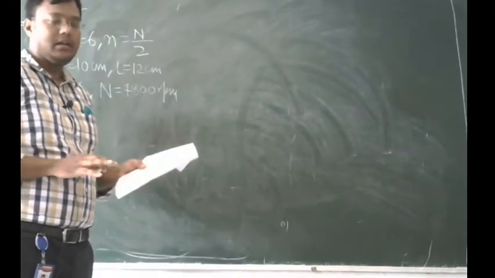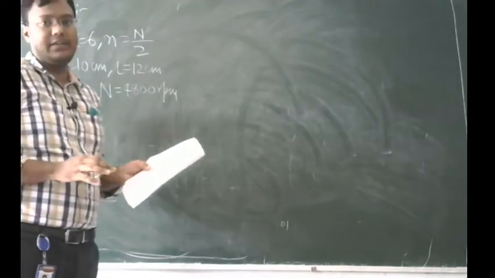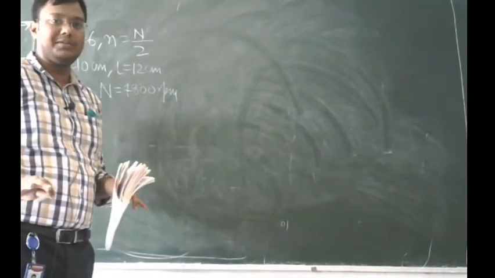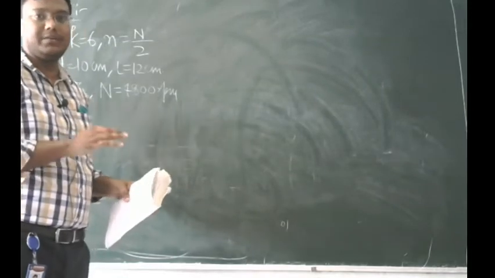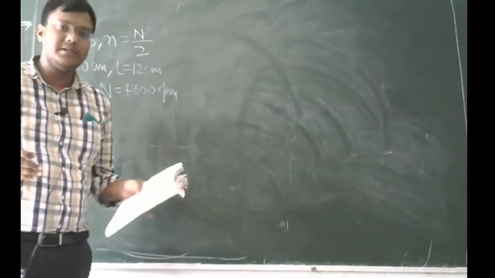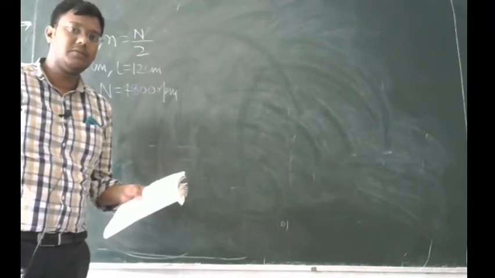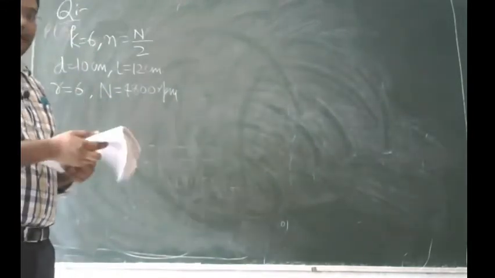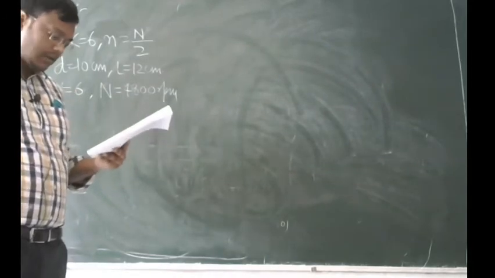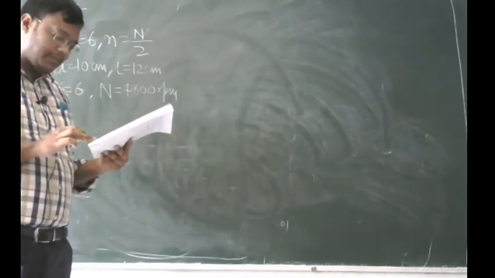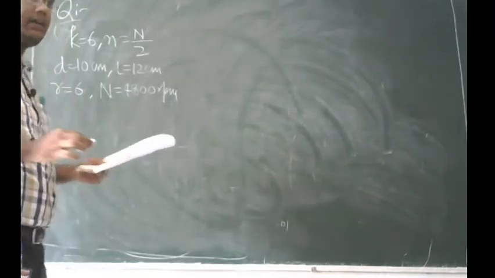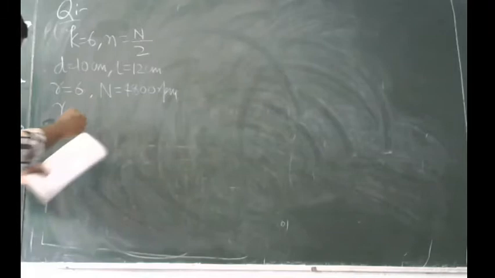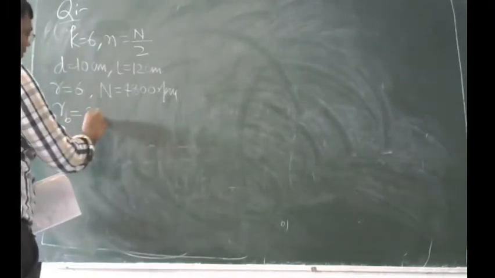Here the question says we are using a dynamometer to measure the brake power. I have told you in the previous classes that we can measure the brake power by using a dynamometer, and from here we get the formula 2 pi N T by 60. The length of the dynamometer arm is given here as small Rb, equal to 55 centimeter.